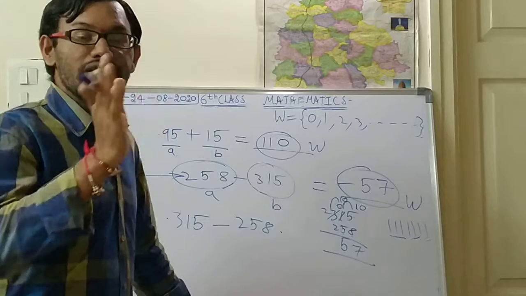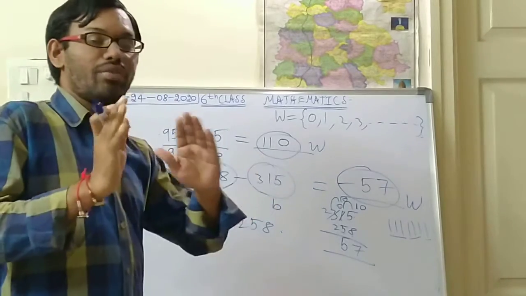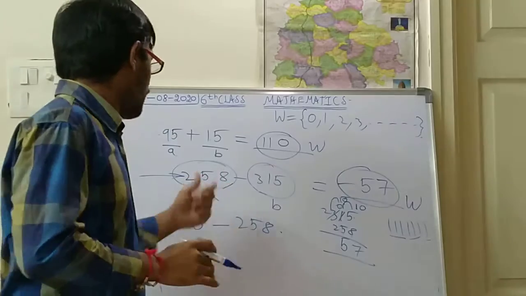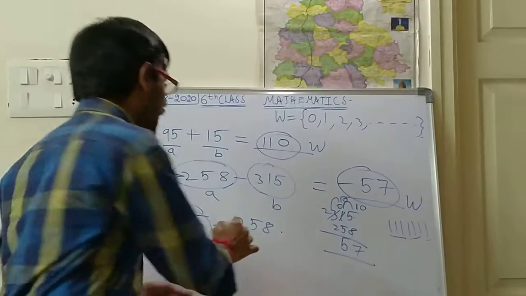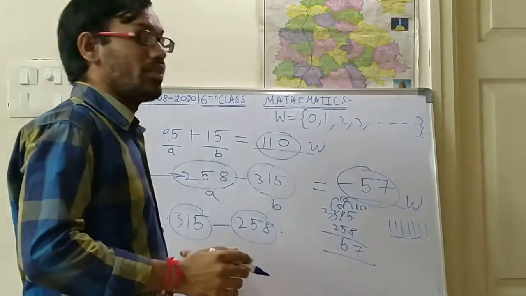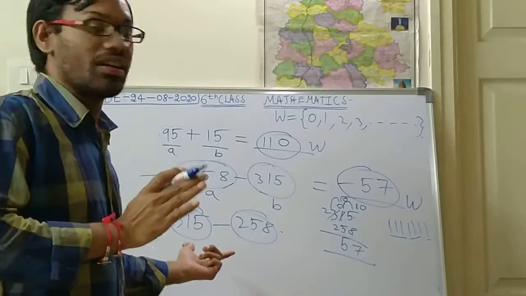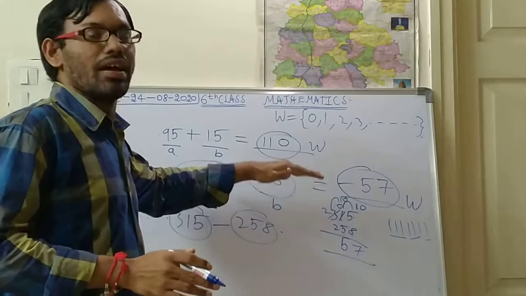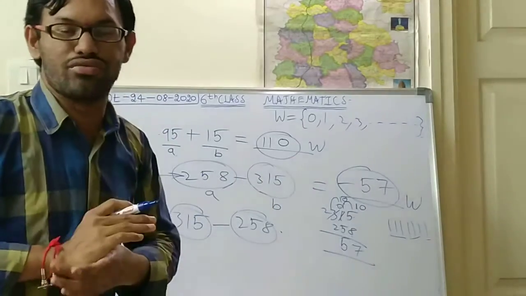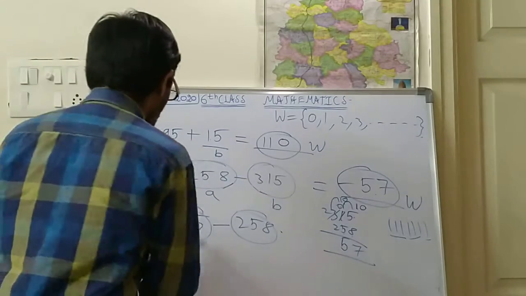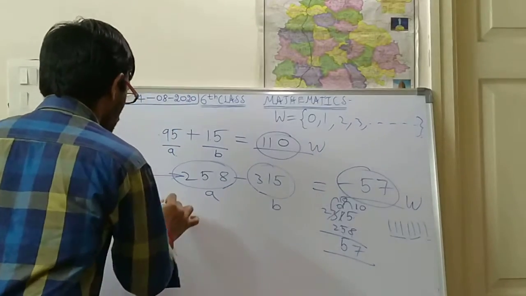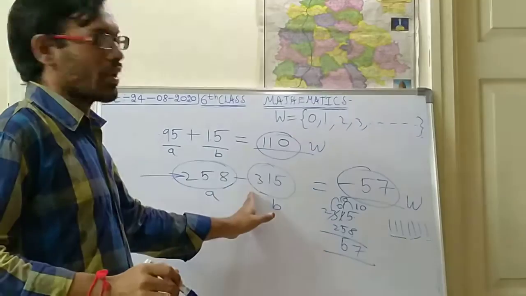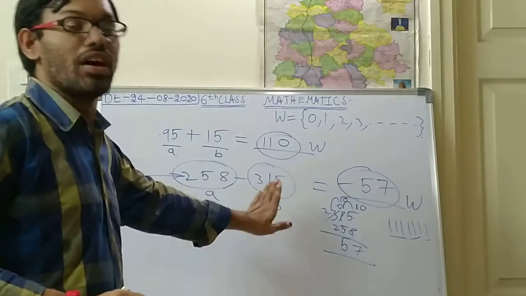Already I said there is a 50-50 chance of satisfying the closure property of whole numbers by subtraction. If we consider A as the greatest number and B as the smallest number, then the closure property of subtraction will be satisfied. If A is a small number and B is a greater number, then it does not satisfy. So for this problem you should write: closure property of whole numbers under subtraction does not satisfy for this problem.